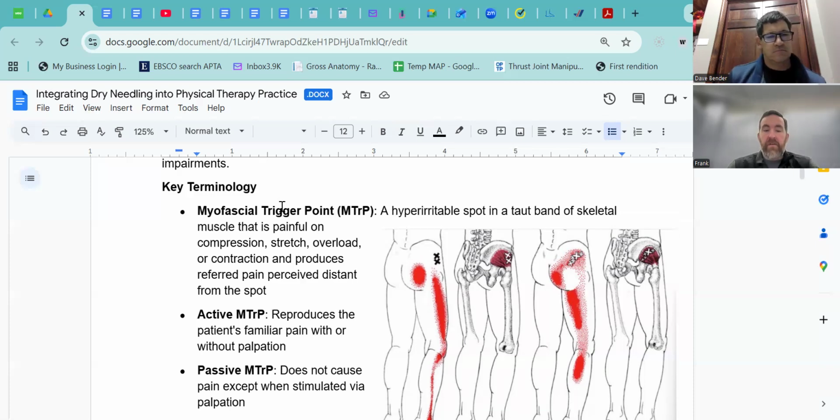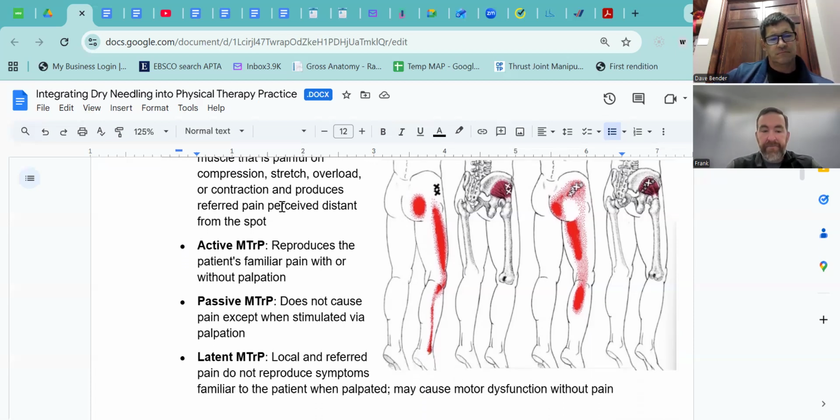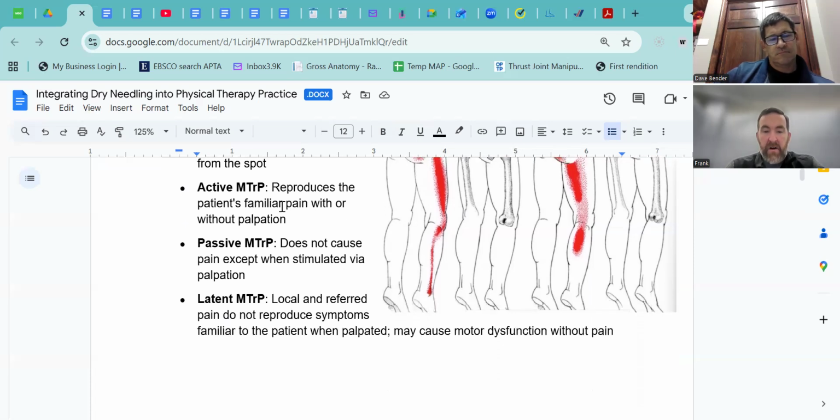Active trigger points are those that reproduce their familiar pain with or without palpation. It can be contraction or some compression as well. And then the passive trigger points are those that do not cause pain except when you palpate it. Latent trigger points have local and referred pain that does not produce symptoms familiar to the patient when palpated. It's the typical person who doesn't really have any pain in a muscle, but you can find something